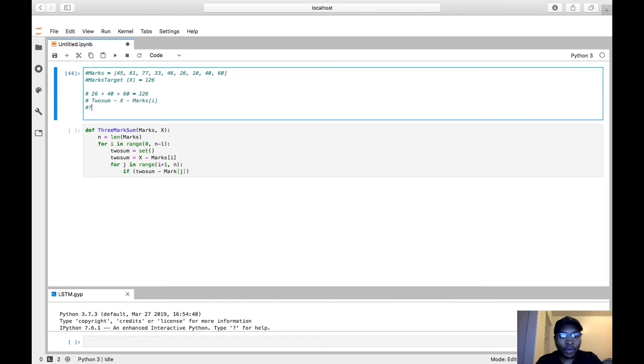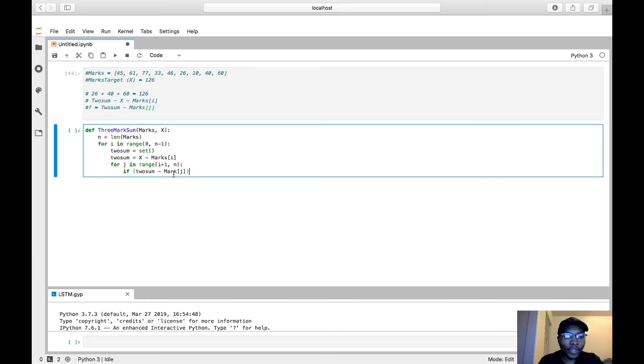So whatever we're trying to find will be equal to the sum of the two numbers, 2sum, minus the new number, which is mux j, right? So now we have the sum of two numbers, we have our third number, right? So we can say if this 2sum minus j is present in the set we created of these two numbers,